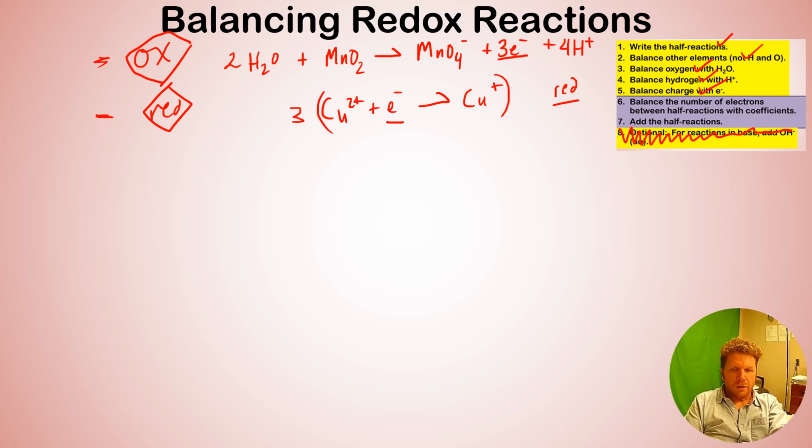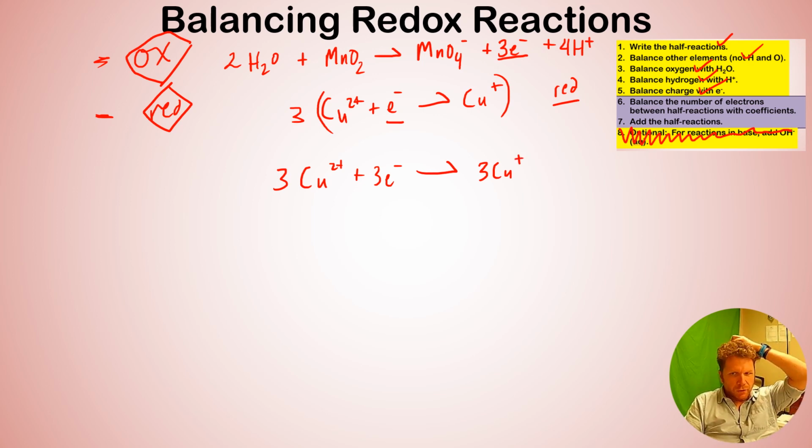So now I'm going to update my reduction reaction, and it will be 3Cu2+ plus 3 electrons yields 3Cu+. This is still my reduction reaction, but I'm good. Now, I balance my electrons, so 6 is done. Now number 7, I'm going to add my half reactions. So as a reactant,